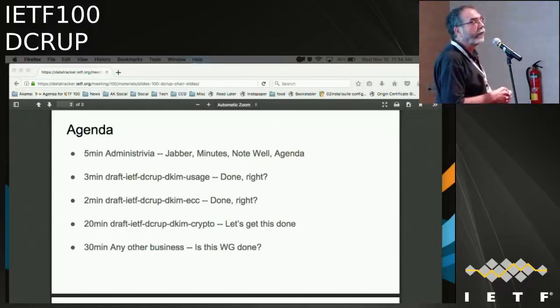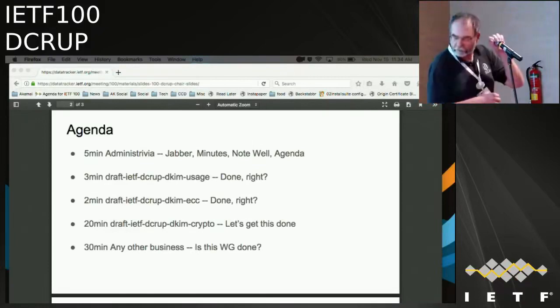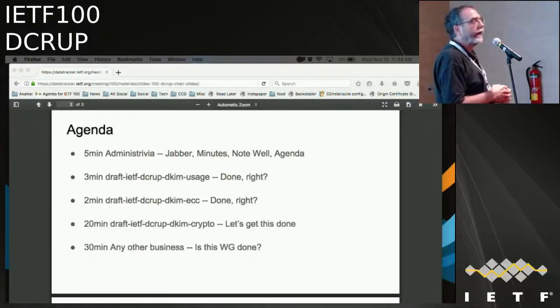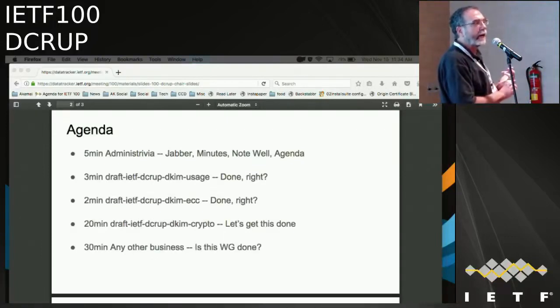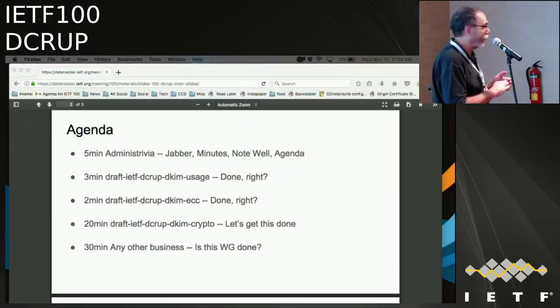People who know more about crypto than I do tell me that rehashing the hash will waste time, but won't make things any worse. So the proposal now is, where it says to use the pure version of ED25519, in fact we're going to use the hashed version, even though the input to it is already hashed. So the first question is, does everybody think that is fine? And then we're going to back up, and the question is, are you actually going to do both of these? And if the answer is no, which one do you prefer? So why don't I dispose of the second one first, since everybody seems to agree: fine, hash it twice, whatever.